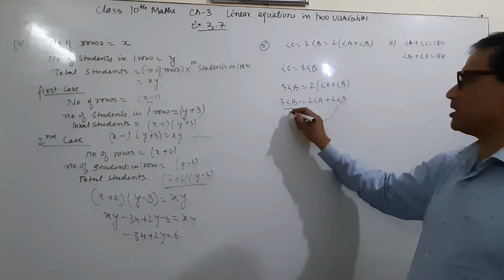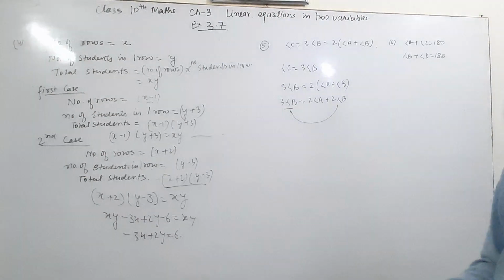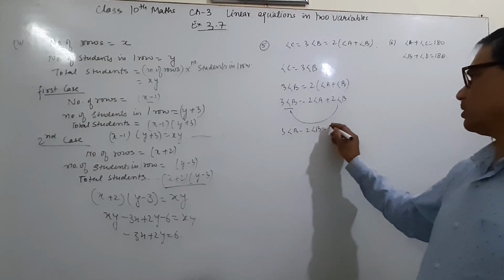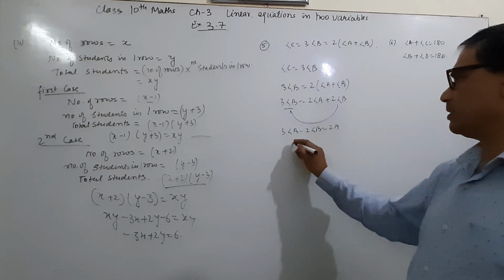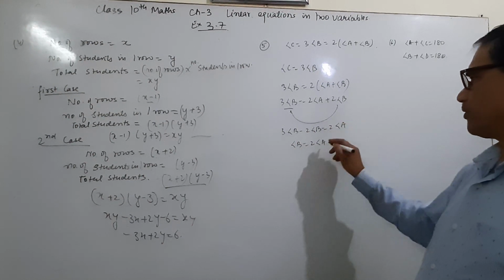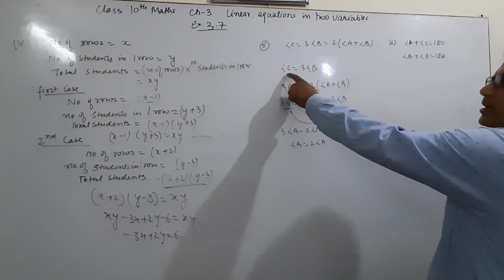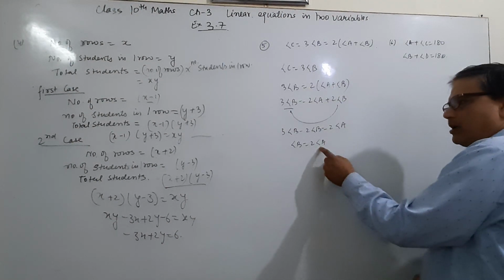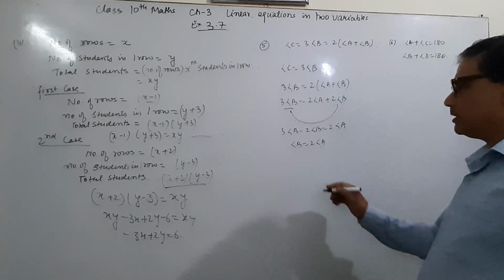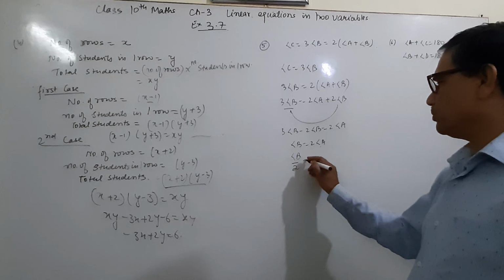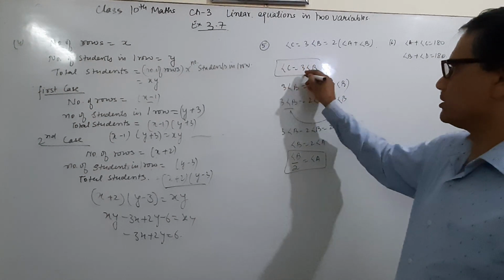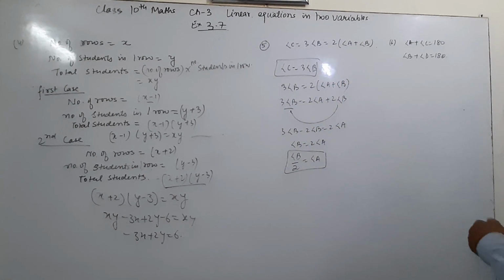Like terms will be transferred to the left side, and the sign will change. What is your answer? 3 angle B minus 2 angle B is equal to 2A. 3B minus B, angle B is equal to 2 angle A. Here is C in terms of B, and now similarly we have to reduce A in terms of B. Here B is equal to 2A, then we can write B upon 2 is equal to angle A. This is angle A, this is angle C, and then what we have to do?